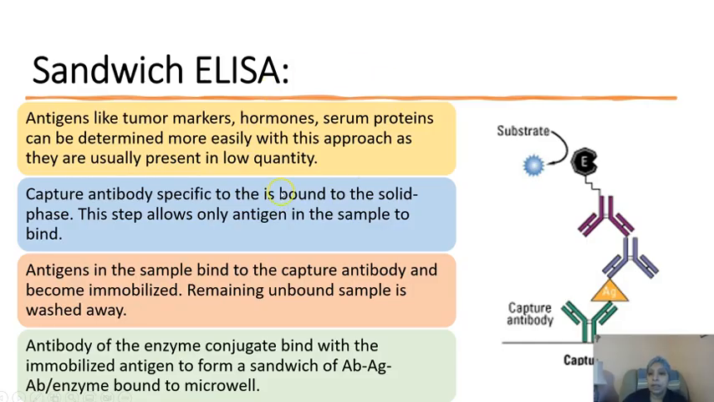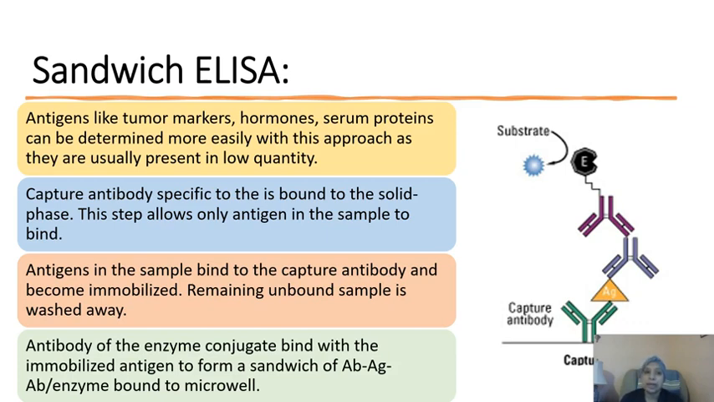And then the sandwich ELISA, which is the one that we are going to be doing, is very helpful when your protein of interest is in low abundance within a very complex mixture, or you just don't have a lot of it to work with and you are looking for a very specific portion. So antigens like tumor markers, hormones, and serum proteins are going to be best